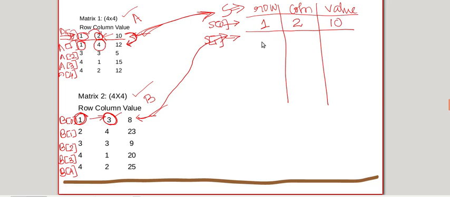So B of 0 dot row is copied to S of 1 dot row, which is 1. The next step, B of 0 dot column is copied to S of 1 dot column, so now it is 3 and its value is 8. Once you have copied this, you need to increment the index of B by 1.